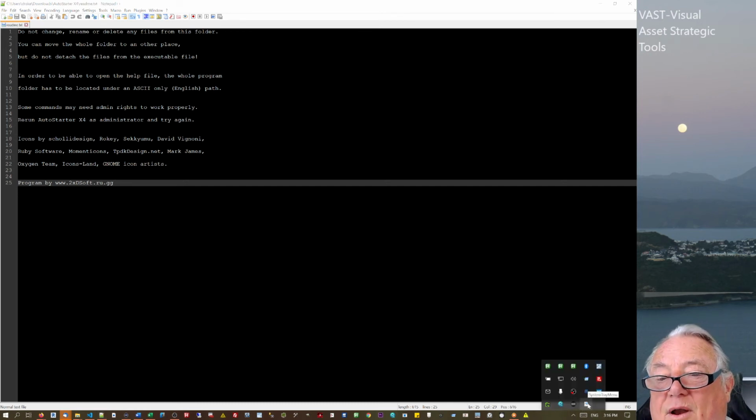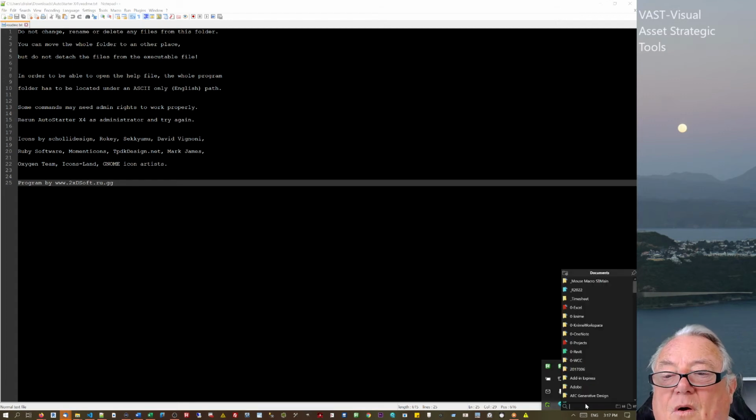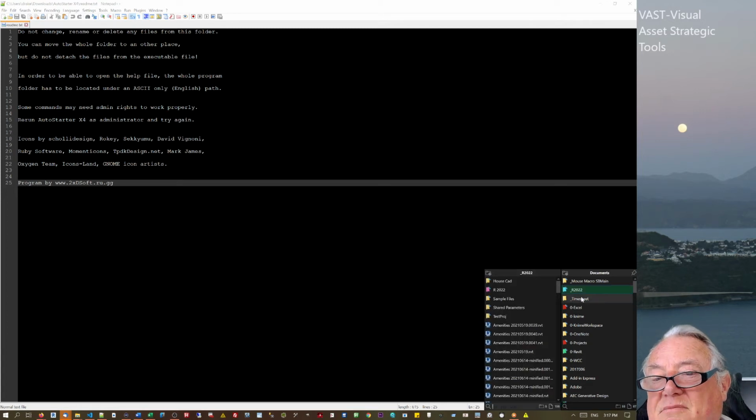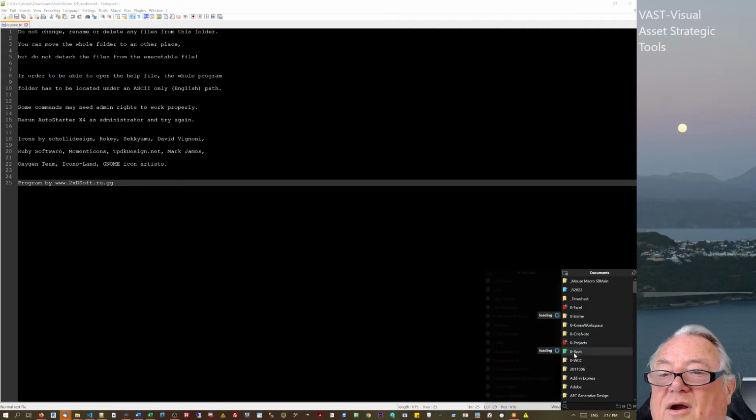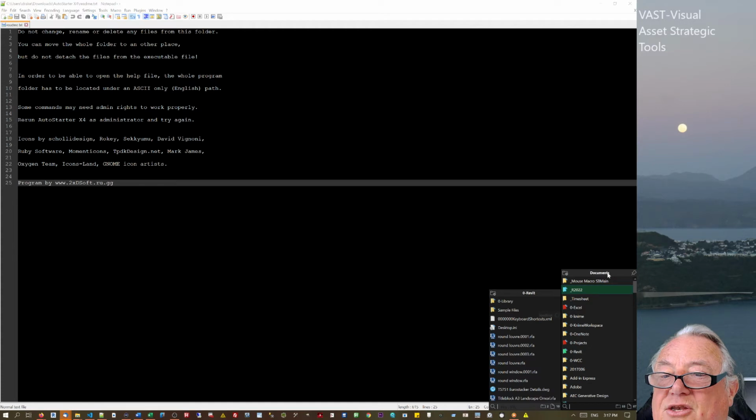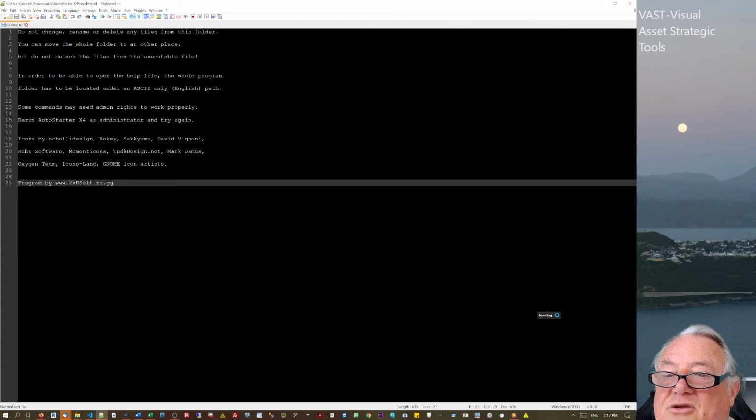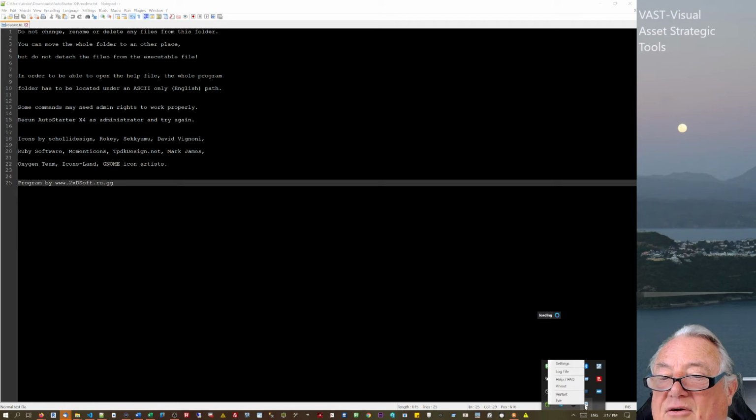The second one that I want to point out is called SystemTrayMenu. So if I just click on that one there, let's think about it now. What it's going to do is it's basically Explorer at your fingertips here. So I'm coming through and I've got Explorer, and it's opened up in my documents folder. What I can actually do, if I come into the actual folder itself and I'm right-clicking on it, is go to settings,